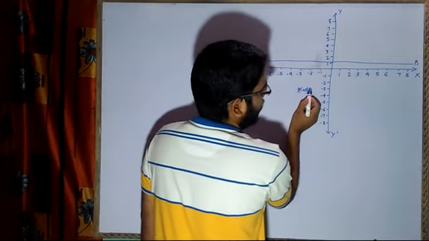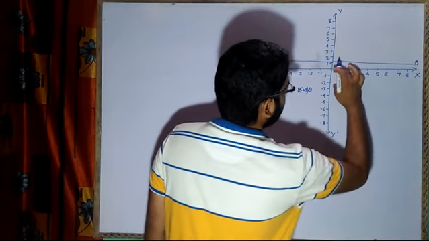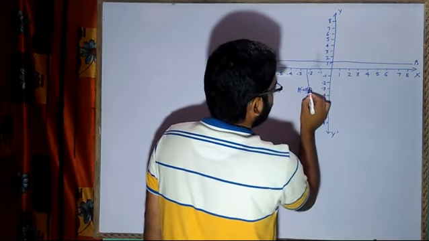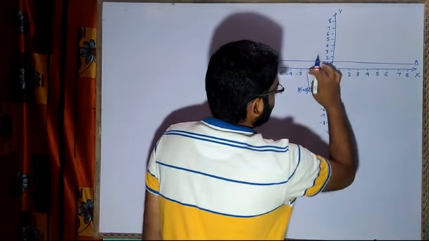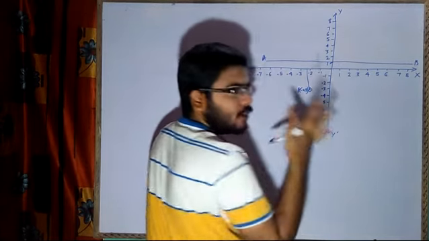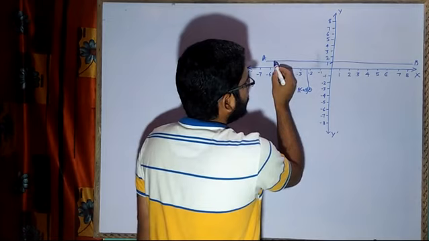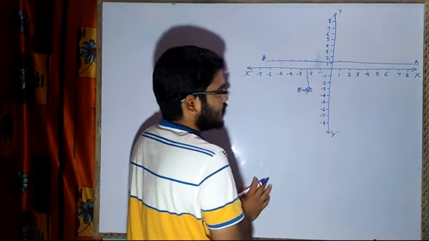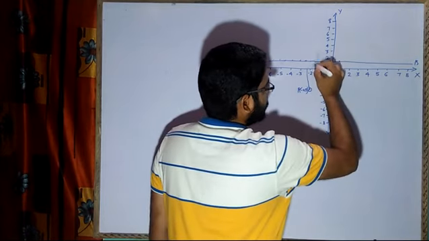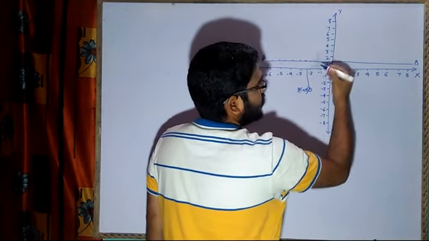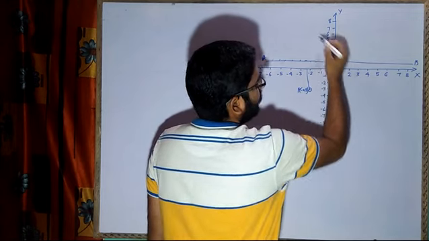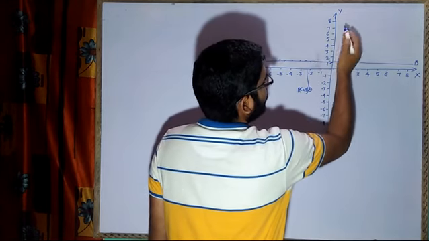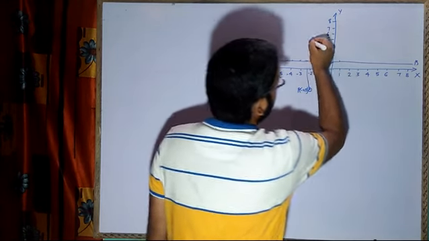Now it is -2, -3. That means the distance from here to here is 3 units. So 3 units plus 1 unit will be equal to 4 units. Now this is your mirror, right? The line is the mirror which is running parallel to the x-axis. That means this whole distance will be 3 units plus 1, 4 units. So from here you count 4 units: 1, 2, 3, 4. So your value will come here.